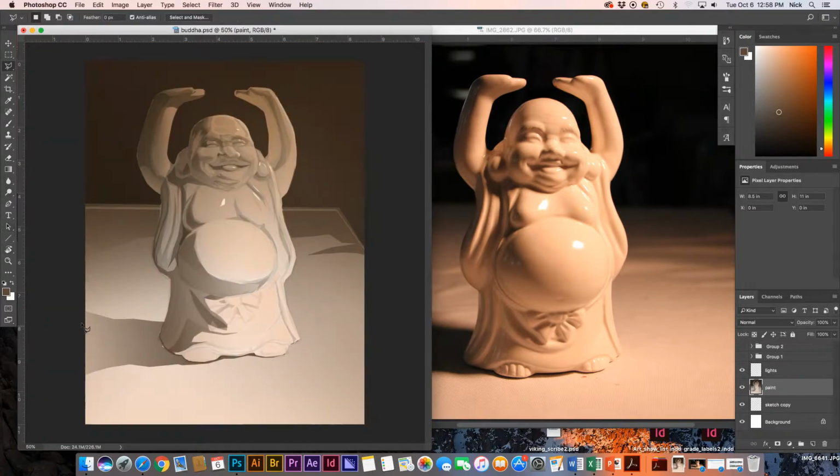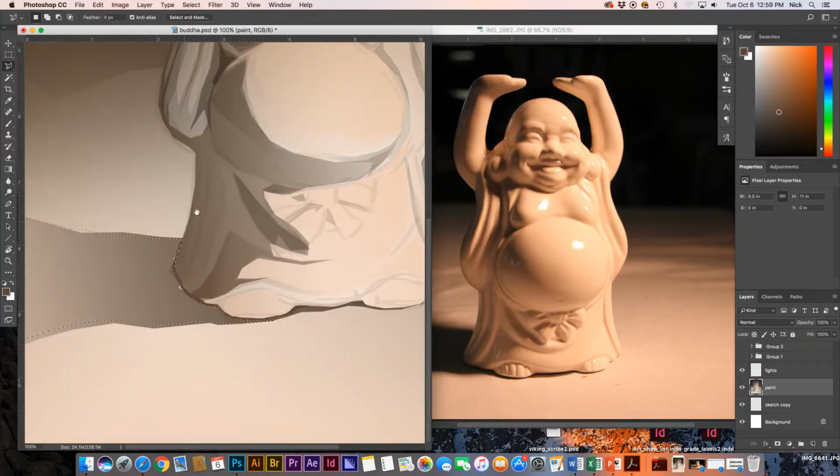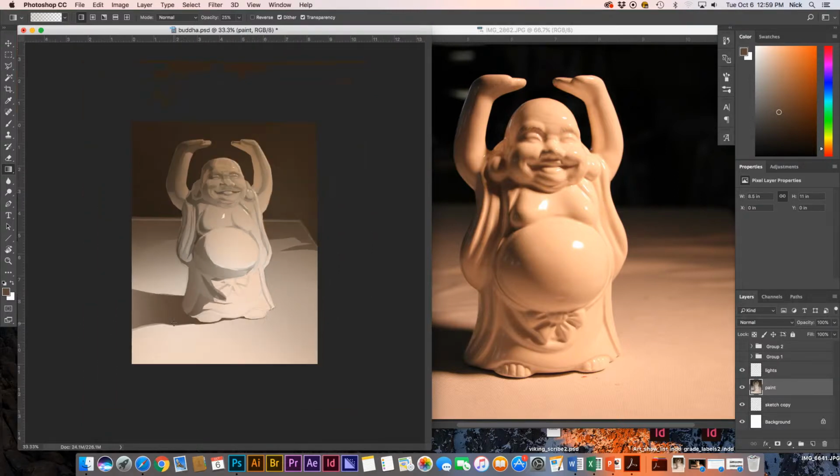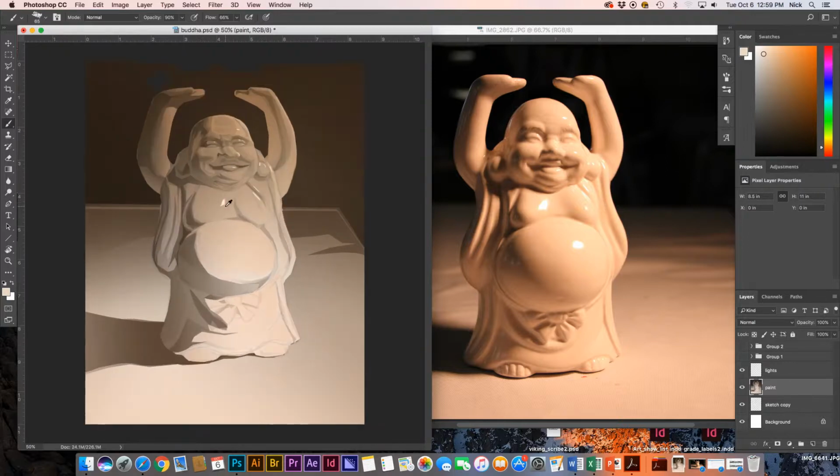While I'm playing with it, I want to go ahead and darken this shadow, like I said. I'm intentionally not going to go all the way to the edge here, so I can get what looks like a soft edge shadow. This is a really pretty dark cast shadow. Got to get that belly shine. I'm going to try to do this with one good swipe of the brush here. Make it a little bit bigger and